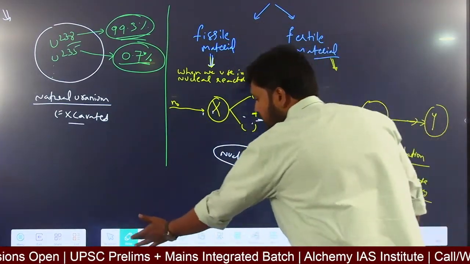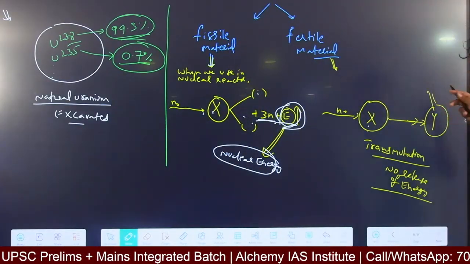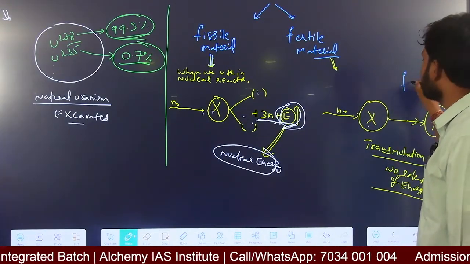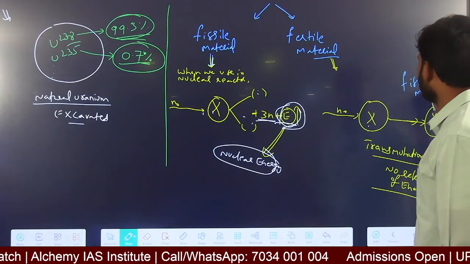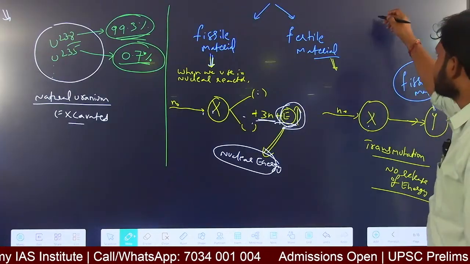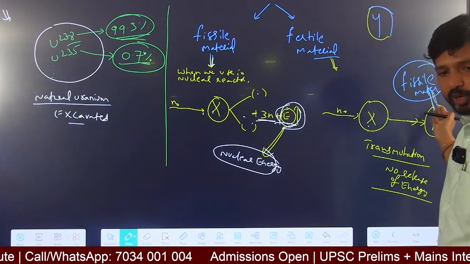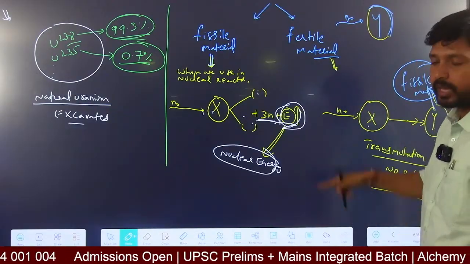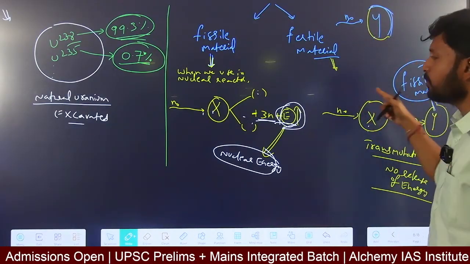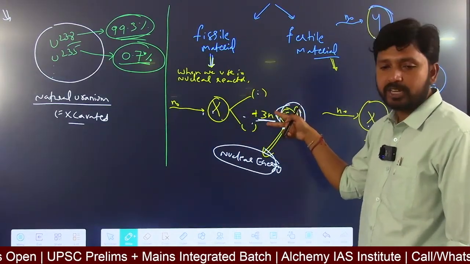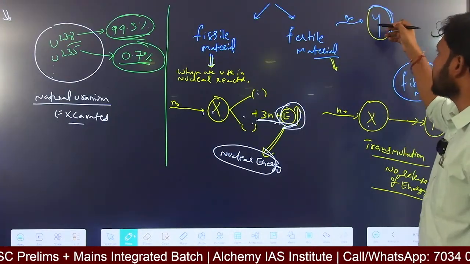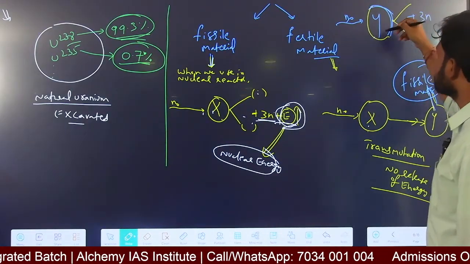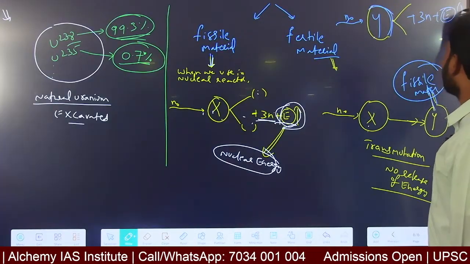And in the majority of cases, this transmuted element generally acts as a fissile material. What is the meaning of being transmuted into a fissile material? It means that if this y element is bombarded with any neutron, it should split, release neutrons, and also release energy. Because of this, this fissile material y will split into different elements, and in that process it will release neutrons and some energy,